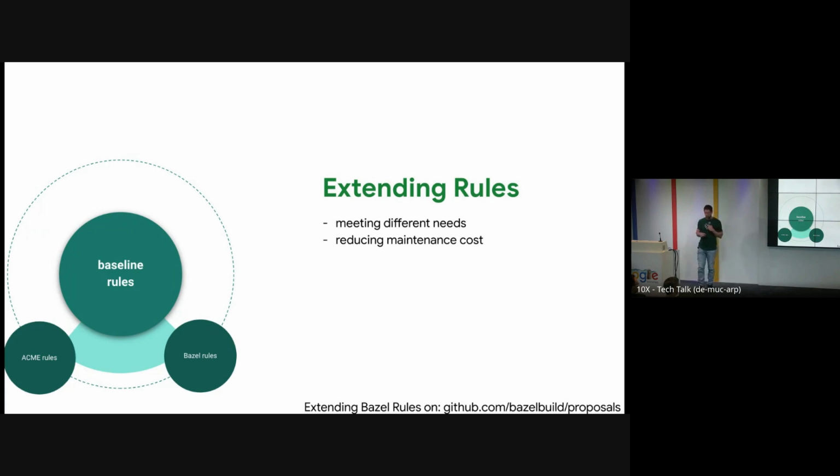And one more important thing: once Google language experts take over the maintenance of the rules, if they have to fix a bug, they will most likely need to fix it in the baseline rules if it happens there. So you reduce the maintenance cost, and also the Bazel community gets the fixes. If an internal team needs to implement a new feature, we'll consider if it's generally useful and either implement it in internal rules or in the baseline rules.